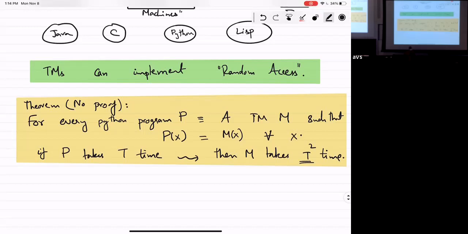So in some sense, the simulation that we saw for palindrome was taking quadratic time. And we're saying it's not just for palindromes. We can do this pretty much for any complicated function, any complicated program you have. And this is something that we're not going to show. But let's hint at some of the things that might go into it.